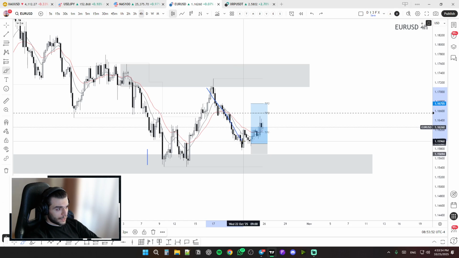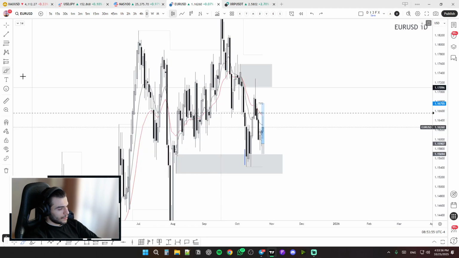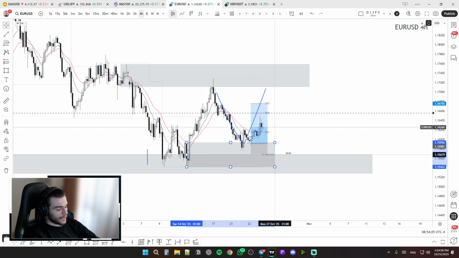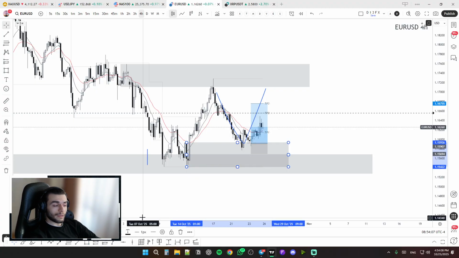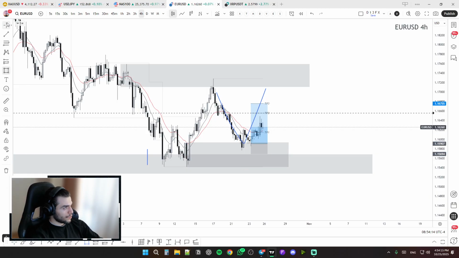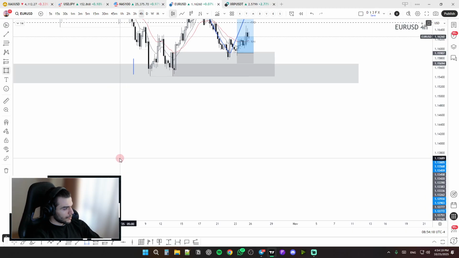When it came back to this level, back to the accumulation level here, I was looking for confirmations. My first confirmation is, and again, it's reacting from a demand zone created in the accumulation. So if I can do a schematic for you